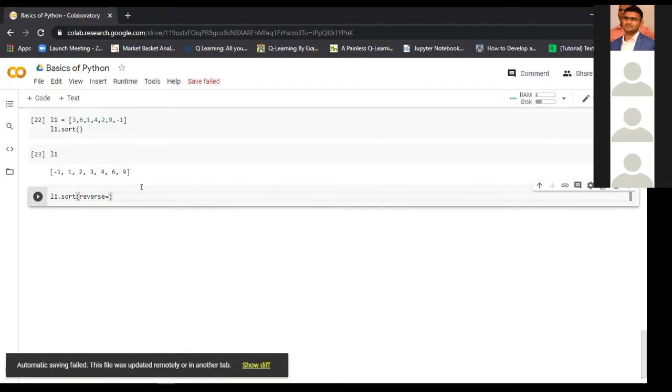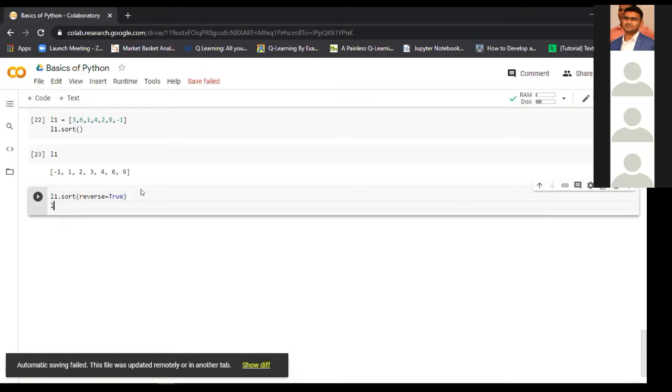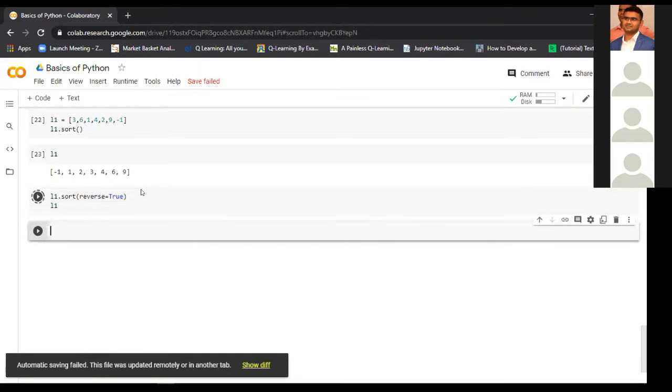You can pass reverse as true, and if you check the list again, you can see that the numbers are in reverse order, that is from 9 to -1. So this is another method in the list.